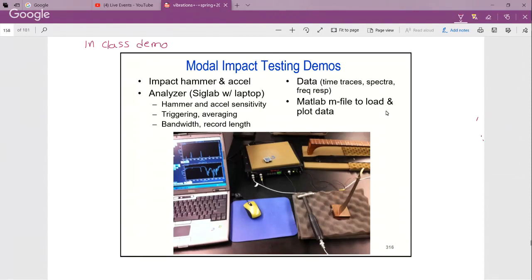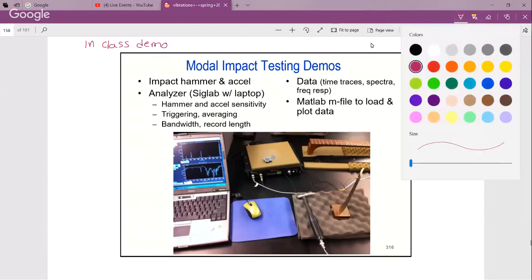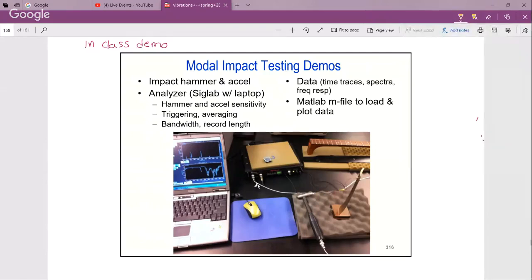The first thing I want to draw your attention to is this part right here. This is the impact hammer. I think you got a picture of something like that in your notes. It's a little small. Zoom in on it right here. I'm pretty sure it's the same one I've got with me. I'll show you the parts then. But there's a cable coming off of that. You see this yellow or orange piece of foam. Underneath that is